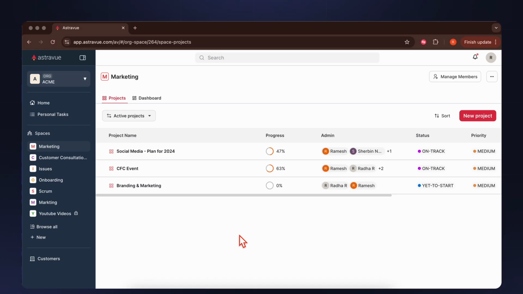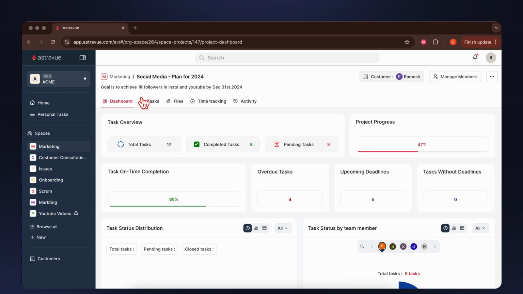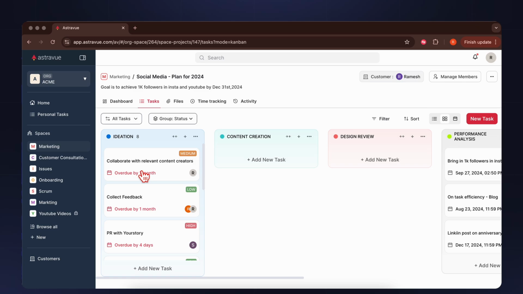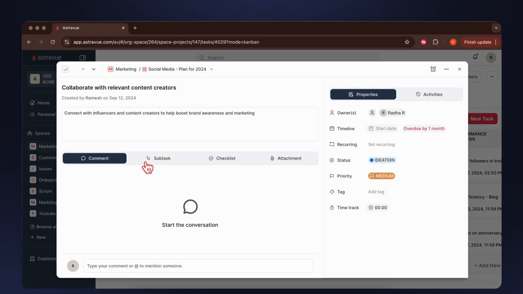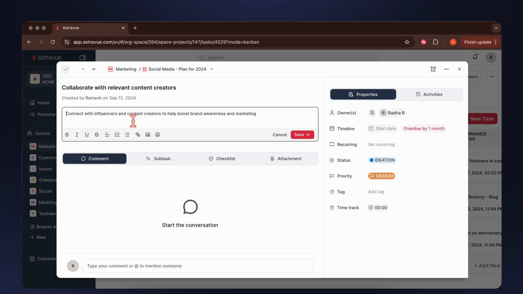In this video, I'm going to show you everything that you can do in a particular task. So you can have the subject and a very detailed description. You can also add links, images, emojis, and you can write a detailed content. This does not have a character limit right now,